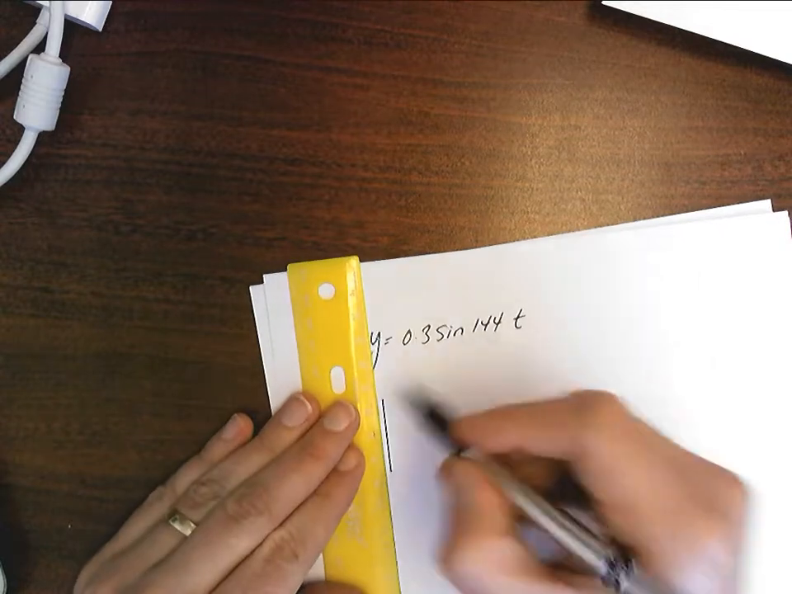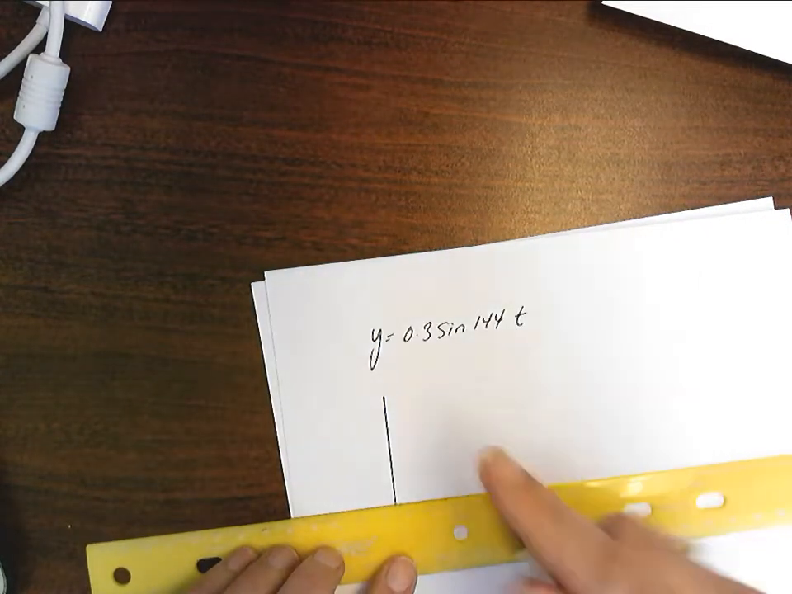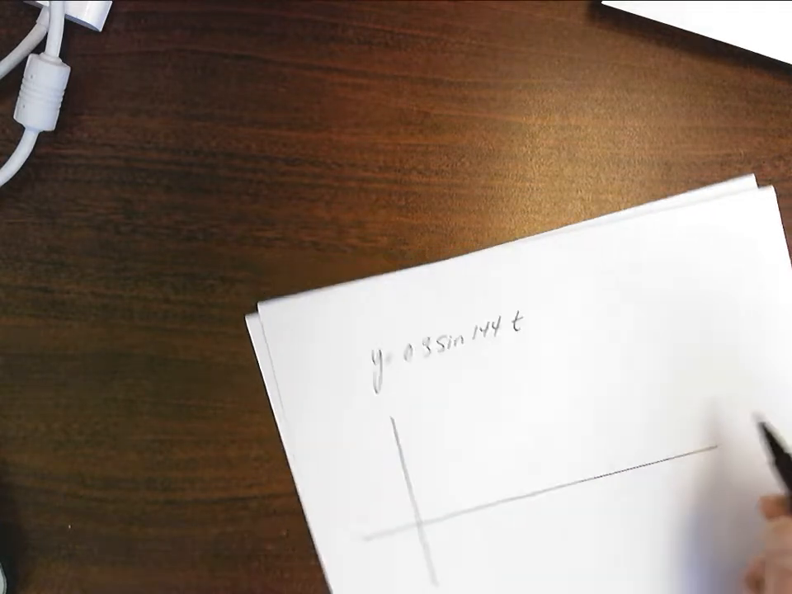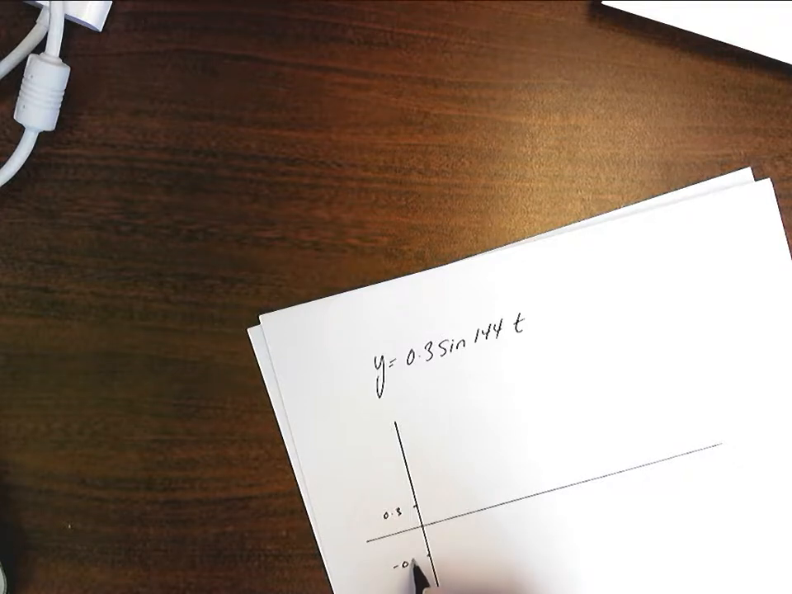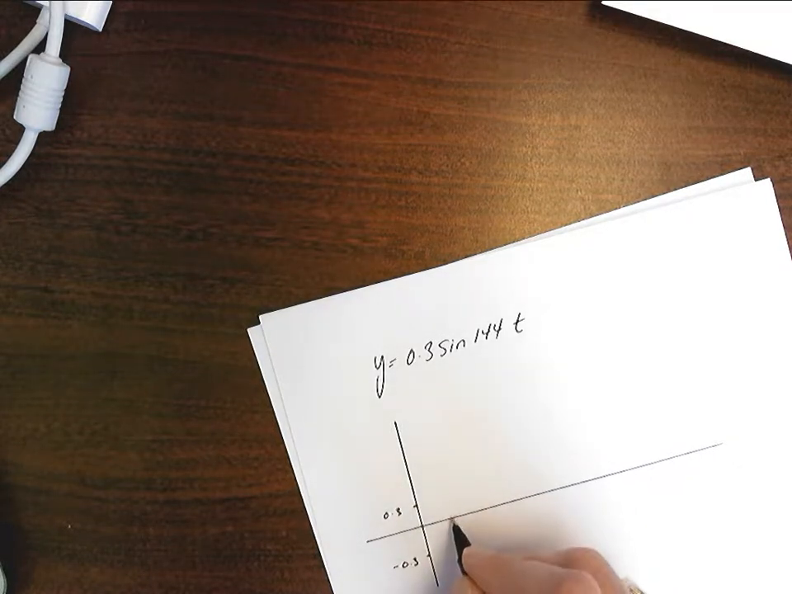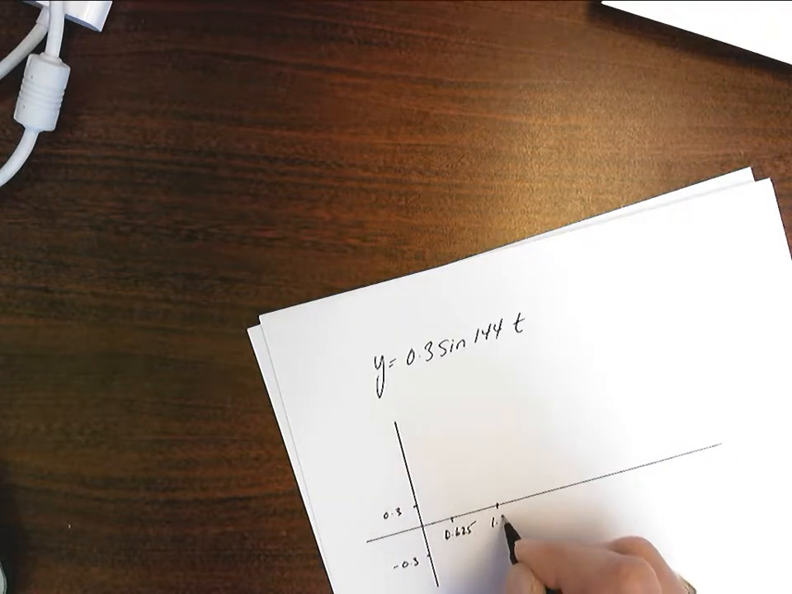Let's make it a little bit bigger so that I can do a little bit more work. My mean position curve would look like this. It would go up to 0.3. It would go down to negative 0.3. It'd be sine, so it would be 0.625, 1.25,